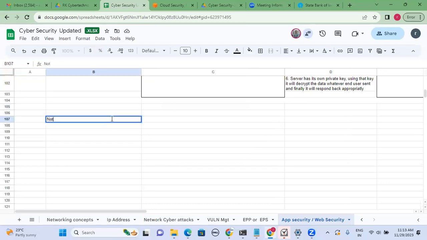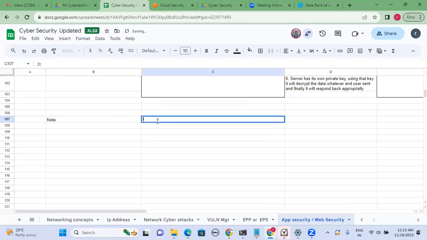Note: in the second step, we have some drawback or disadvantage or issue or problem existing. That problem is,